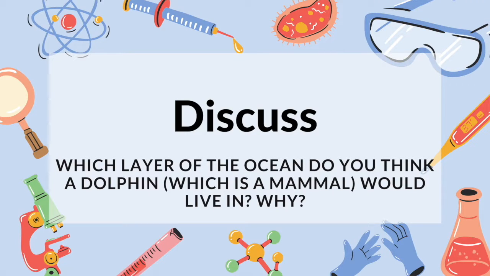The second discussion question is, which layer of the ocean do you think a dolphin, which is a mammal, would live in, and why? Dolphins live in the first layer of the ocean because they are animals adapted to non-freezing waters. While dolphins live in temperate and tropical water, they avoid colder areas such as water near the poles. In general, most ocean life lives in the first zone unless their environment is on the ocean floor, in which case they may be in the 4th or 5th zone, depending on how deep it is and how much darkness